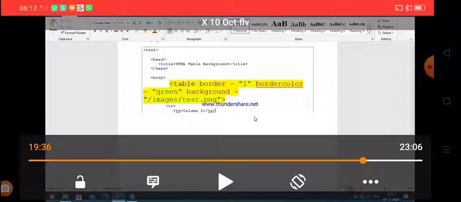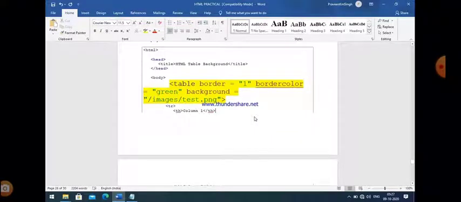Just write the background attribute to set a background image, and after writing background, put an equal sign, and within the double quotation marks write the URL of the image. And if it is on the desktop and your source code is also available on the desktop, then just write the name of the image directly.